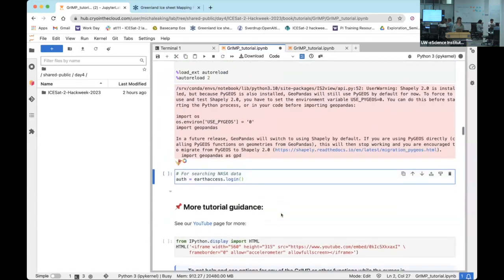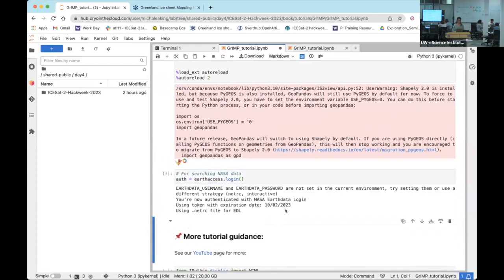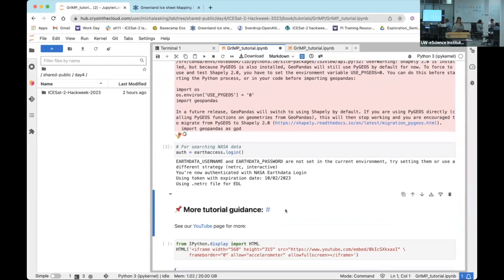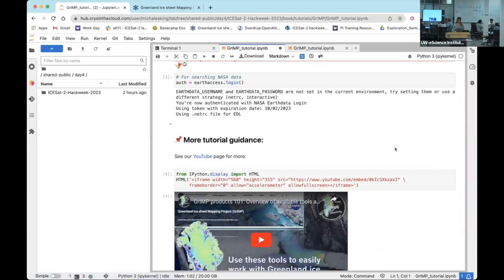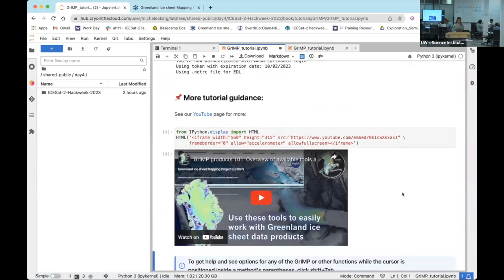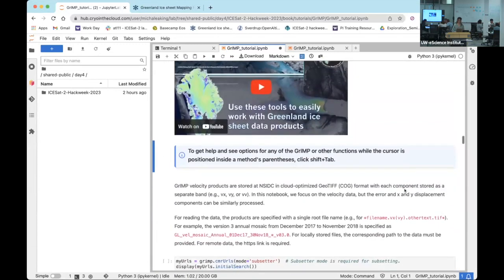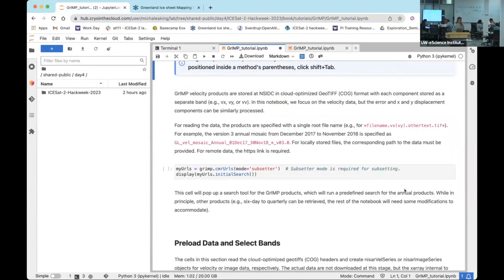Okay, and then this command here is authenticating to Earthdata so that we can access NSIDC data. And then we do have a YouTube page. There are only a couple of videos on there right now, but we'll continue to populate that. They walk you through some of the existing tutorials in a little more detail, explaining things like Binder and the environmental setup. So feel free to check that out on your own time. All right, so the first